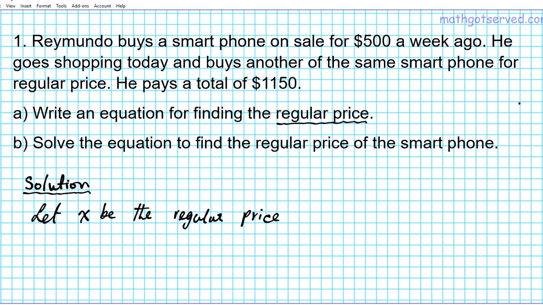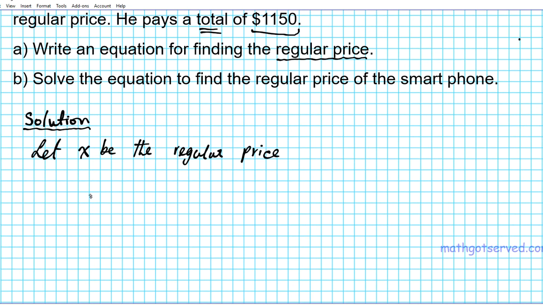Alright, so can we form an equation using x? We know that there are two phones and the total is $1,150. So if we want to set up an equation, we know that we have the following situation: the price